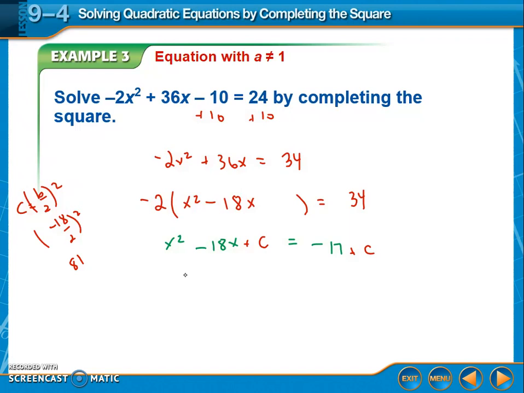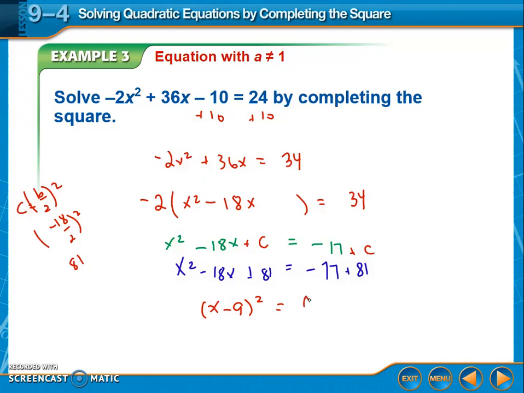So I'm going to write this as x squared minus 18x plus 81, and then this is negative 17 plus 81. So this side on the left factors into its perfect square trinomial, and it's going to become x minus 9 squared, and 81 minus 17 is